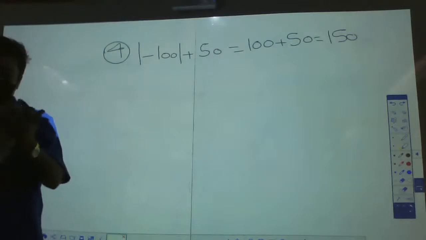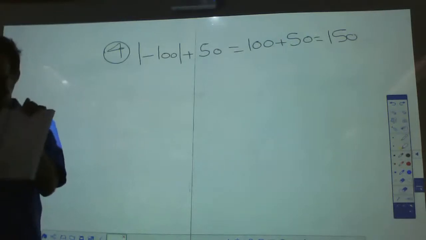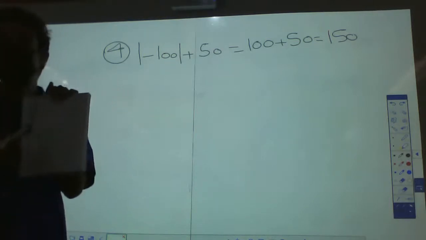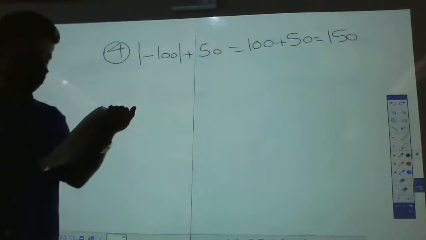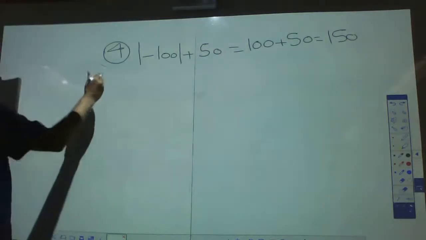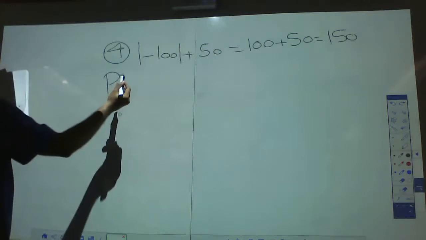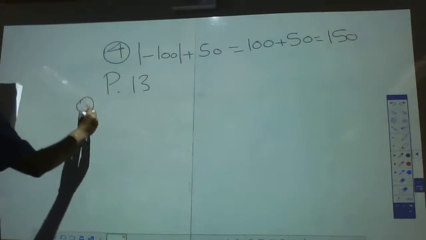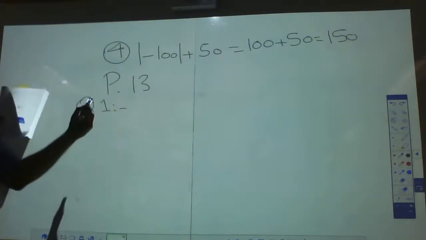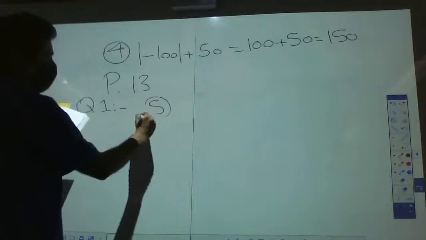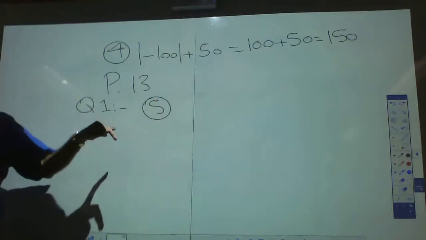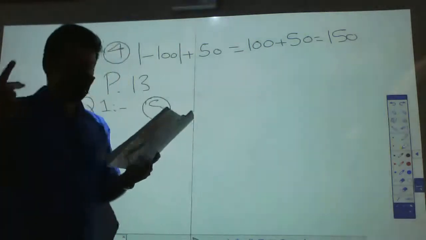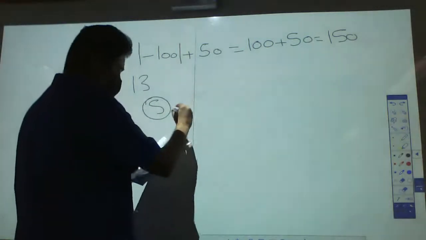Now, everyone, can you please solve this one? We have to write the opposite numbers of all these, right? Let me give you an example. Page number 13, question number 5. We have to do it now, but I'm doing an example. Now, how do we do it? We have to write opposite numbers, right? So number 5 is minus